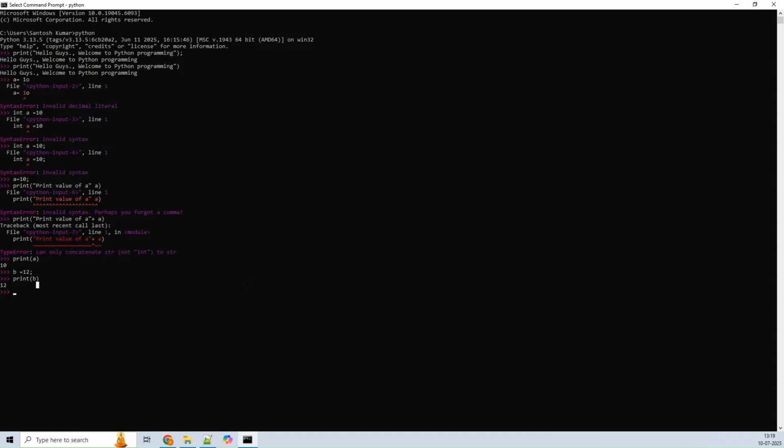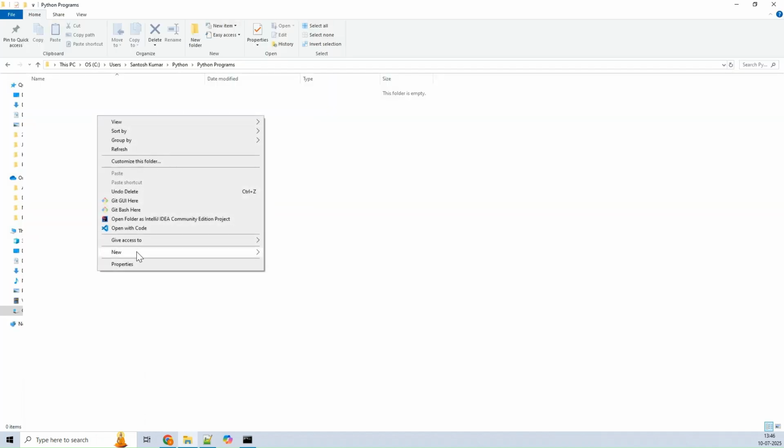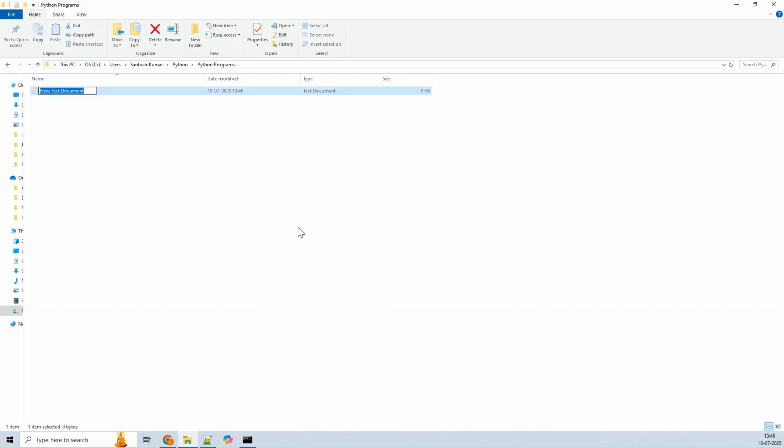So let's do some programming also. Now we will create a simple Python program where we will just add a couple of numbers and print it, and we will try to execute it via this command line. So from here I am going to create one directory where I will keep all my Python programs. Here I am going to take a text document, and I will name it Python lab 1.